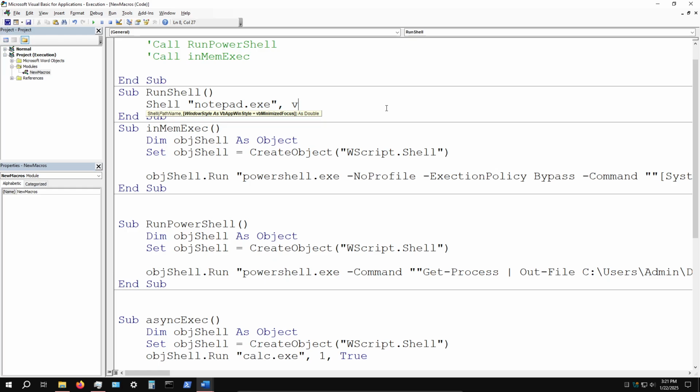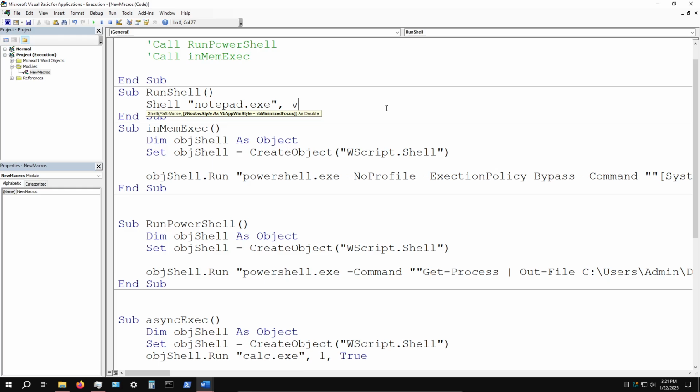So you have vbHide, vbNormalFocus, which would be 1, and then vbMinimizedFocus, which will bring up the window as minimized, and then vbMaximizedFocus would be 3. This displays the window as maximized, and then vbNormalNoFocus, the value would be 4, displays the window in its most recent size and position